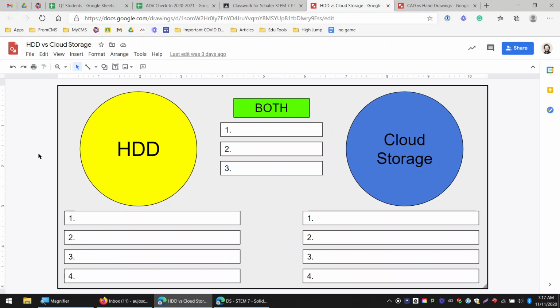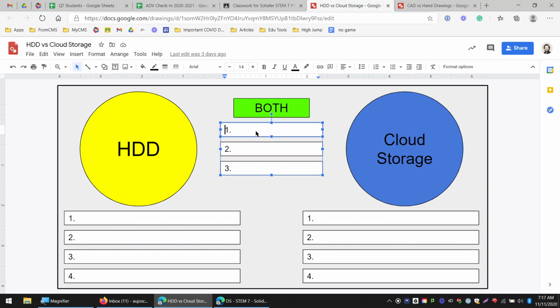So we're going to start out under both. For the first one here, you can type in that hard drives and cloud storage are both for saving files. If you want to save something so that you can get back to it, you need to save it on either a hard drive or in cloud storage somewhere. And that's the only one we're going to put there. All right, now under hard drives, under the yellow circle,